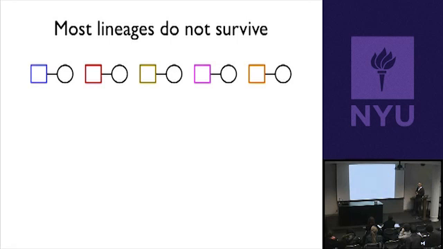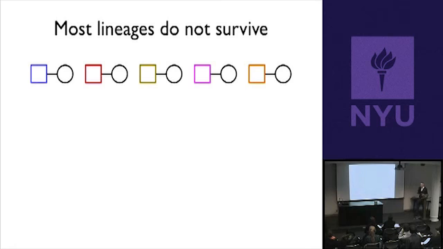And what I want to do is consider the fate of a particular piece of DNA in these individuals. So the piece of DNA I want to consider is the Y chromosome. As you know, men have an X chromosome and a Y chromosome, and women have just 2 X chromosomes. So the Y chromosome is passed from father to son and only from father to son. Okay? So what we can do is we can say, well, this guy is going to be a father, this guy is going to be a father, father, father, father, and they each have a different Y chromosome. Okay? And that's what I've colored blue, red, green, purple, and orange.